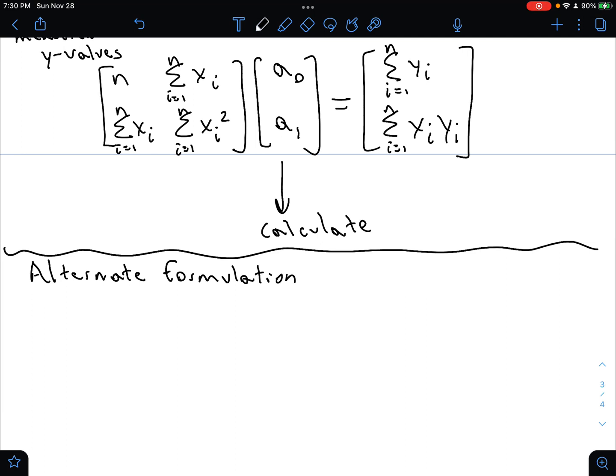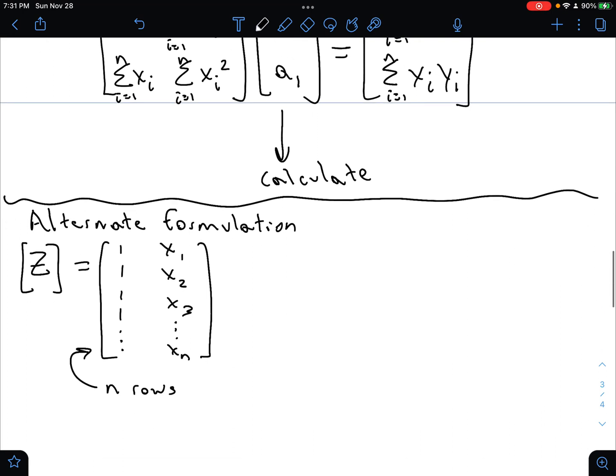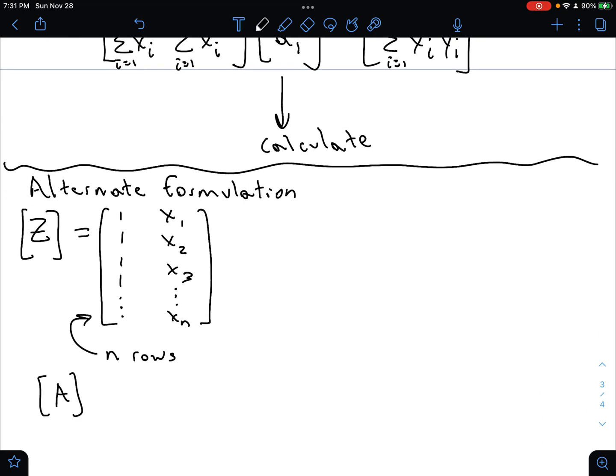So if I were to define a matrix Z, and I'm going to say that Z is equal to 1, 1, 1, 1, dot, dot, dot. So there's going to be n rows, in other words, number of rows equal to the number of data points. And here I have x1, x2, x3 through xn. So I have a column of all my x values for each data point. Then it can be shown that my best fit parameters, so A, which are going to be A0 and A1,